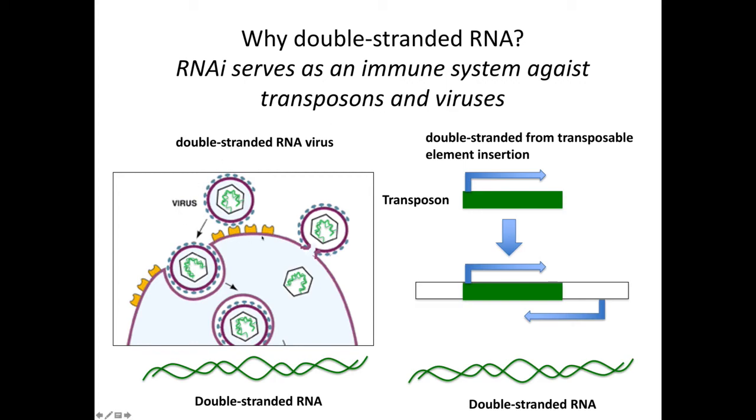So viruses, all right, here we have a virus that's entering a cell, could be COVID. Many viruses have a double-stranded RNA intermediate. And so if it has a double-stranded RNA intermediate, the cell can recognize that as aberrant, take the double-stranded RNA, chop it up with Dicer, make the siRNAs, and use that complex to destroy all of the other copies of